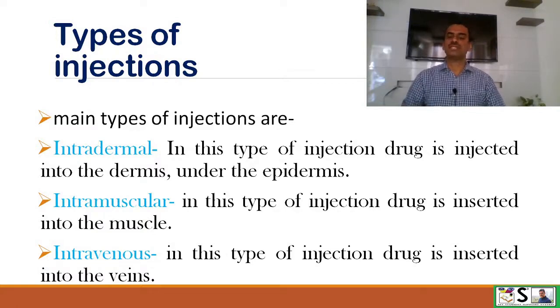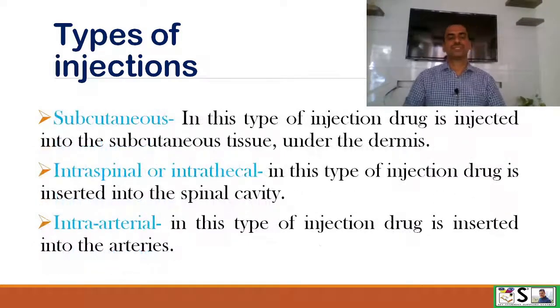Intramuscular. In this type of injection, the drug is inserted into the muscle. Intravenous. In this type of injection, the drug is inserted into the veins. Subcutaneous. In this type of injection, the drug is injected into the subcutaneous tissue under the dermis. Intraspinal and intrathecal. In this type of injection, the drug is inserted into the spinal cavity. And intraarterial, in this type of injection, the drug is inserted into the